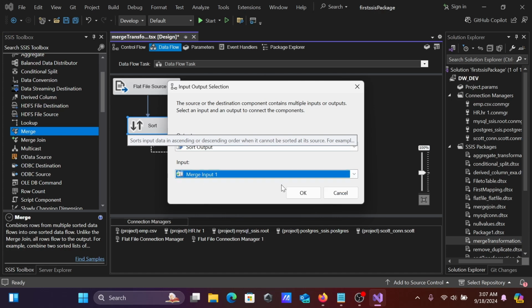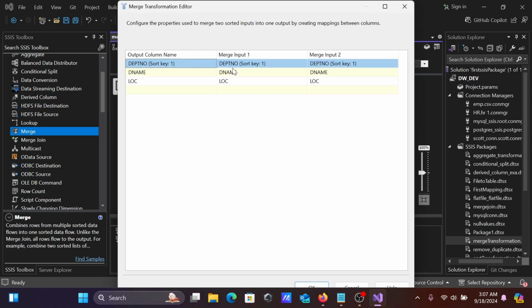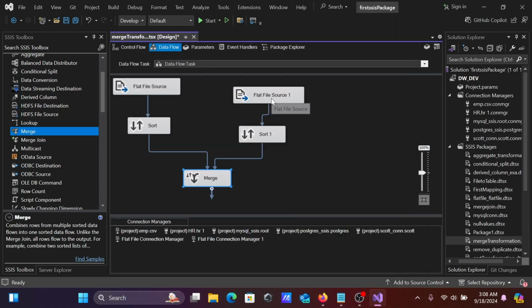Let's give merge input, and here you can see the output column names: duplicate number, sorted, and merge, and here 2. These 3 columns are present in both file1 and file2.